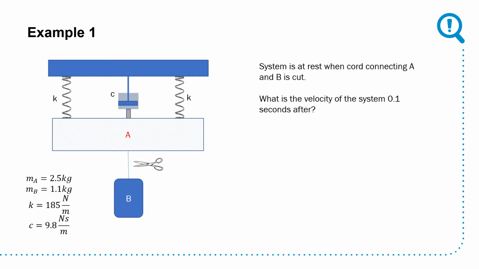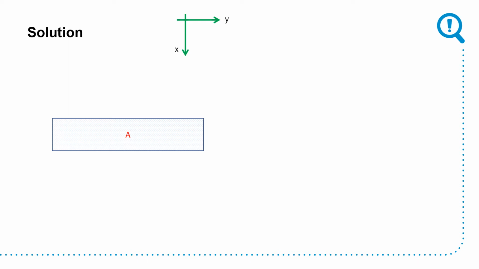Mass of A is given as 2.5 kilograms. Mass of B is given as 1.1 kilograms. K of the two springs is 185 newtons per meter. And C of the damper is 9.8 newton seconds per meter. So this is a standard set of problems, and there's a reason why I've chosen these values, and I'll explain in a second. So if I look at the